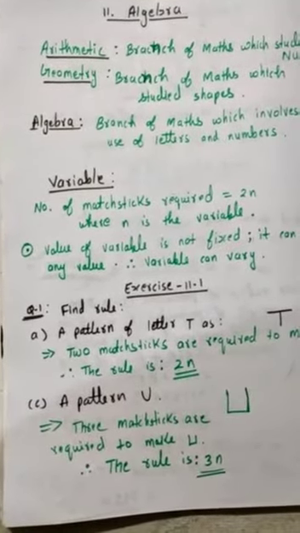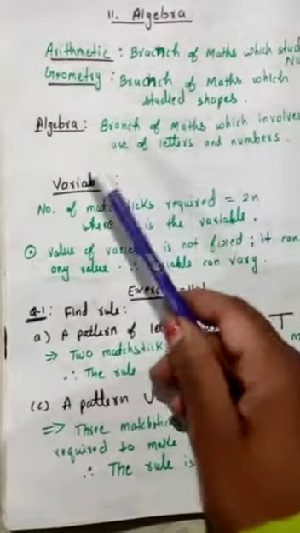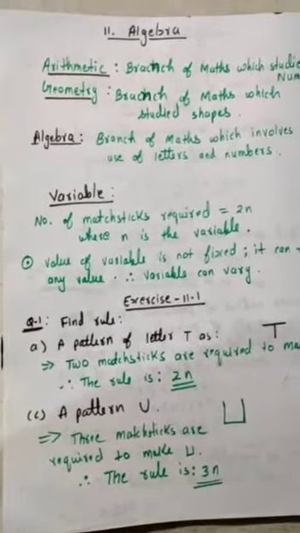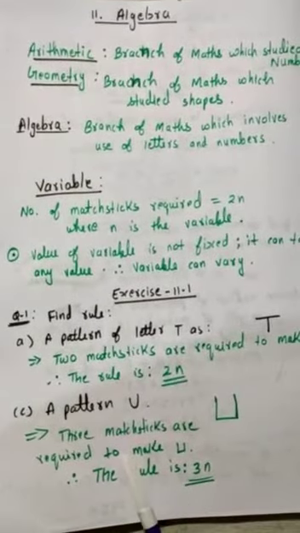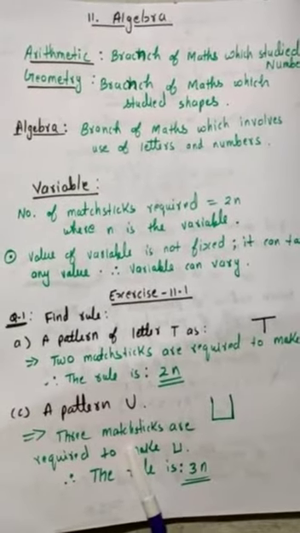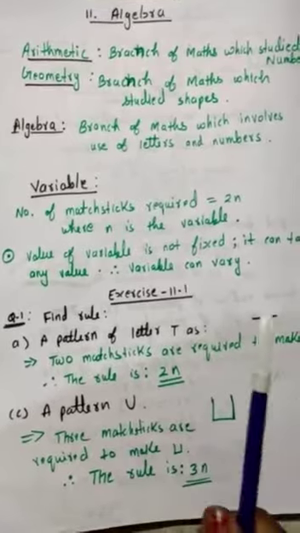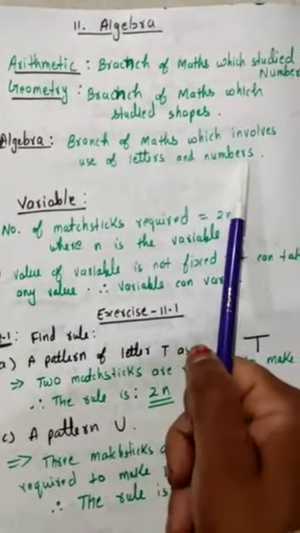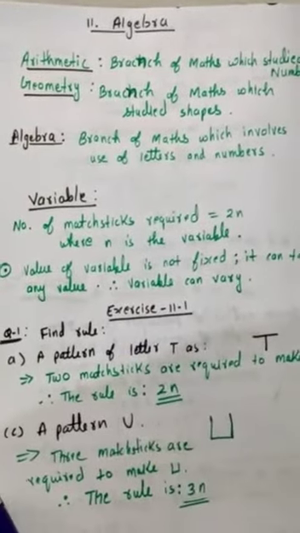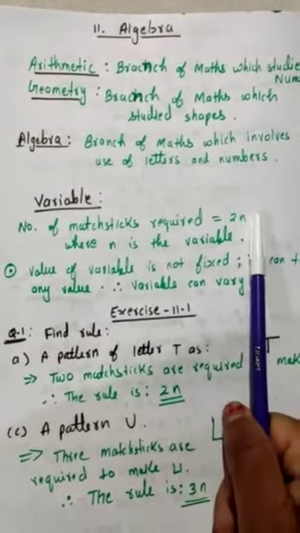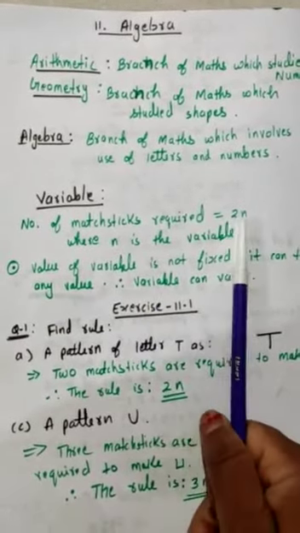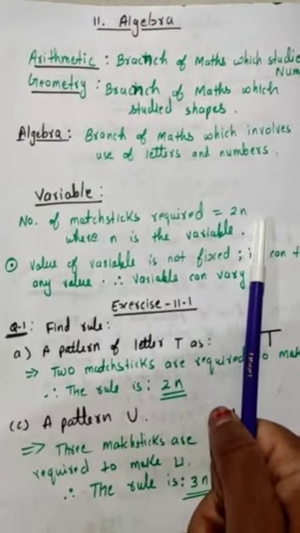So before vacation we have already started algebra. Okay, so this is just a revision I'm showing. This video has already been posted. This video means whatever matter you can see in front of you. So algebra, what do you mean by algebra? I have explained to you that it is the branch of mathematics which involves the use of letters and numbers. Okay, it is called algebra. And in algebra, the letters are called variables. Okay, so n you can see is the variable in the equation 2n.